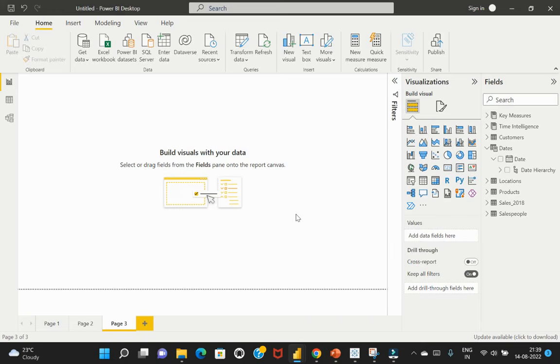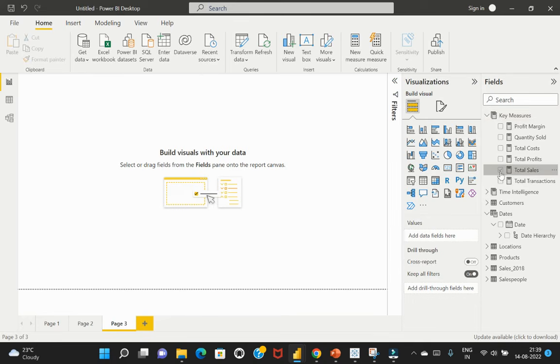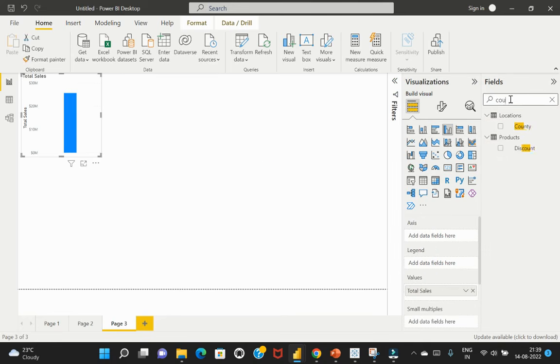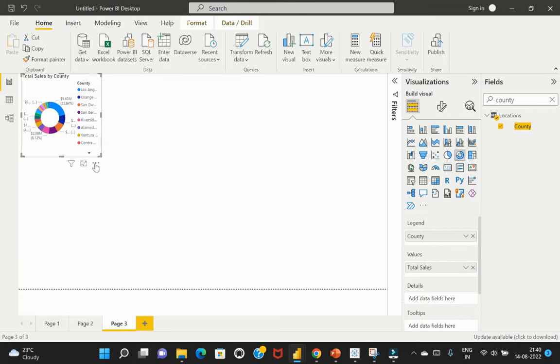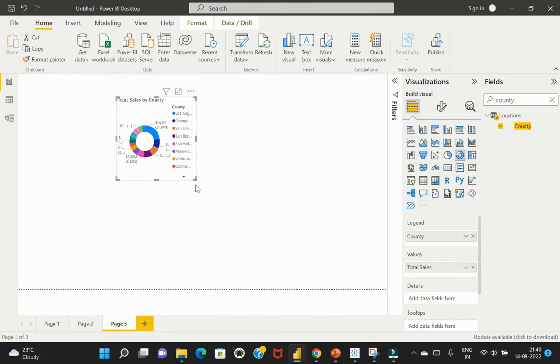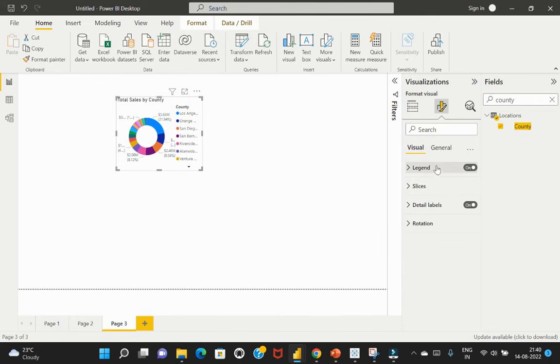So the first thing that I wanted to show up is total sales by county. So I'll just select the total sales and county, look for county, select this county, and this should be a donut chart. So I'll just bring it in here. Okay, and I'll go to this format, and okay, I don't need this legend, so I'll just disable this legend for the time being, and I'll also go to this